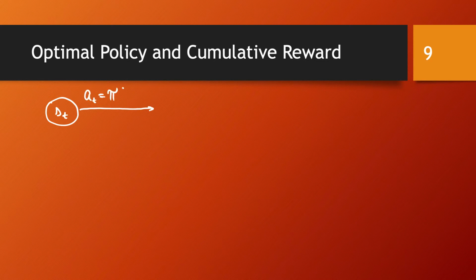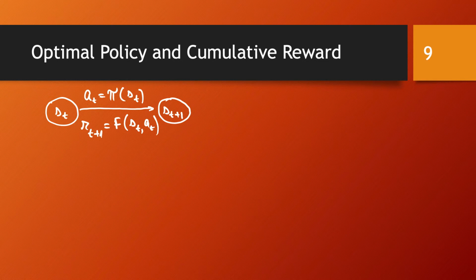So we are going to take this action, which I denote by a_t, which is pi applied to s_t. As a result of taking this action, we are going to move to a new state, s_{t+1}. Also as a result of this action, we are going to receive a reward, which I'm going to denote by r_{t+1}, the reward of getting into this state s_{t+1}, and this is the result of this function f applied to s_t and a_t.